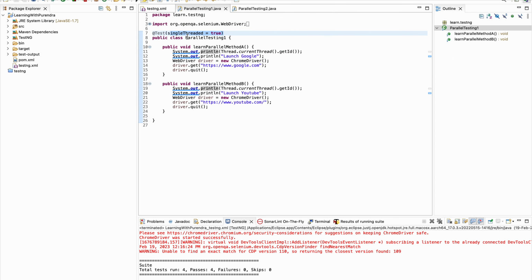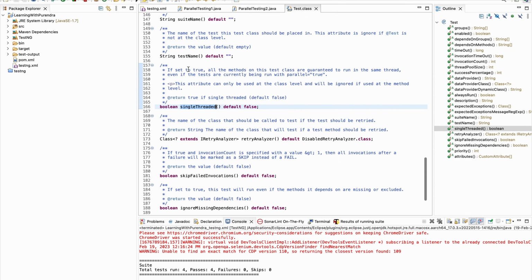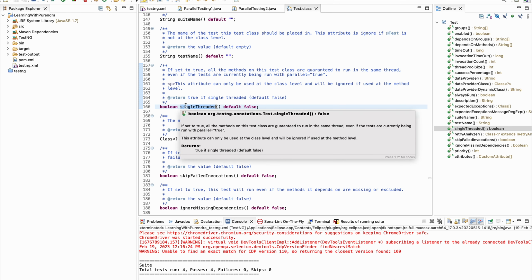There is another thing I would like to show you about single threaded, which is very important to understand: if single threaded is set to true, all the methods on this test class are guaranteed to run in the same thread even if the tests are being run with parallel equals true. Make sure that this attribute can only be used at the class level